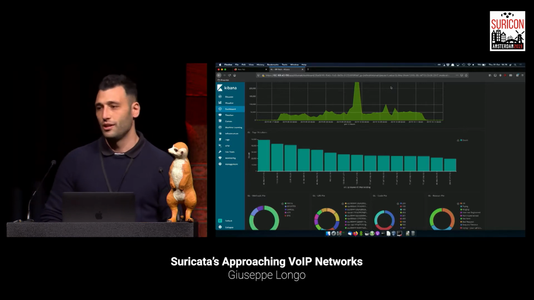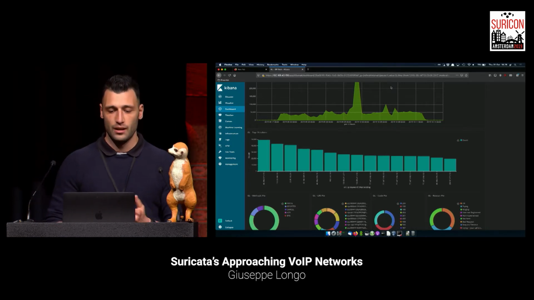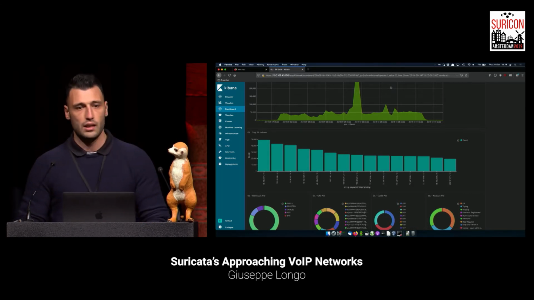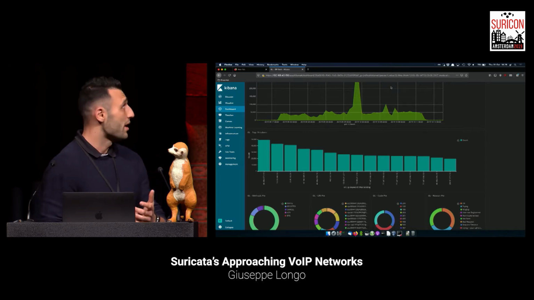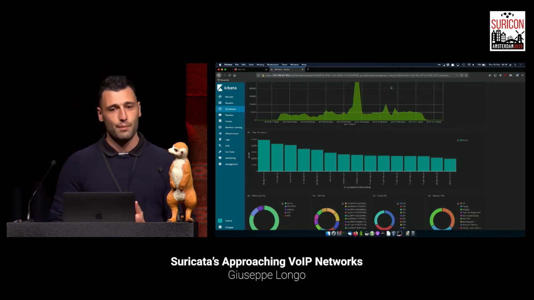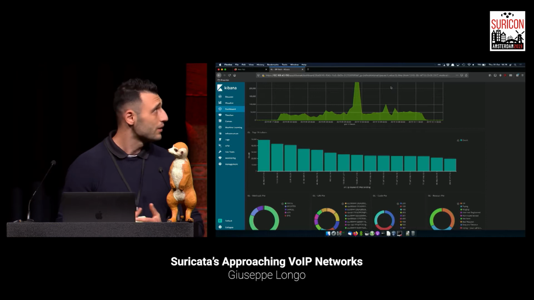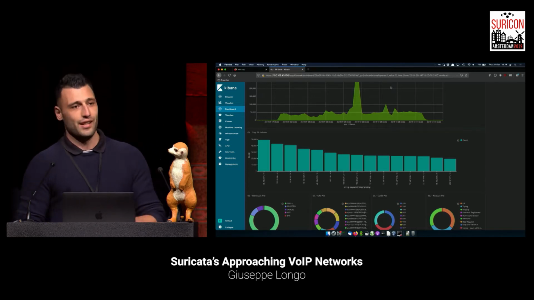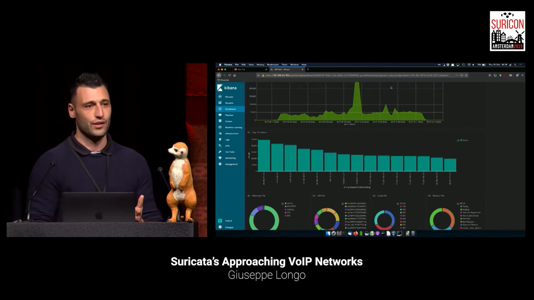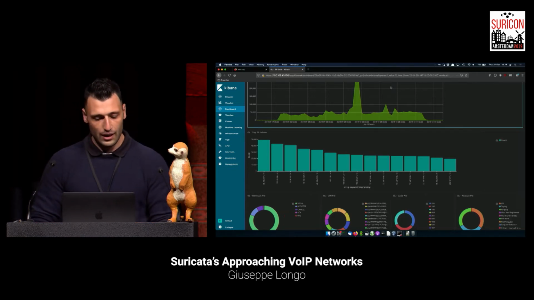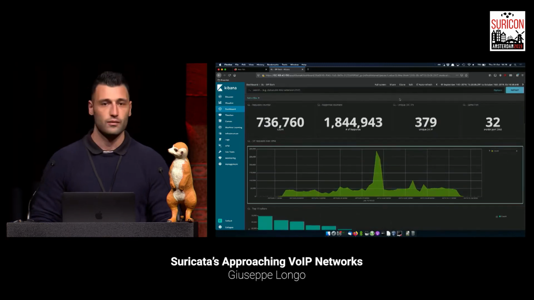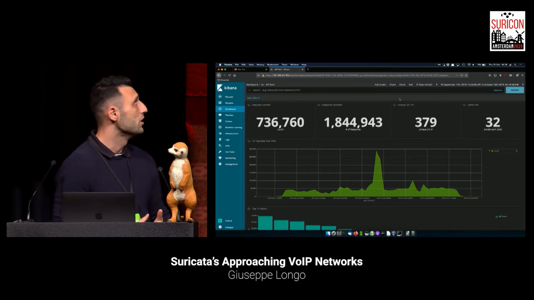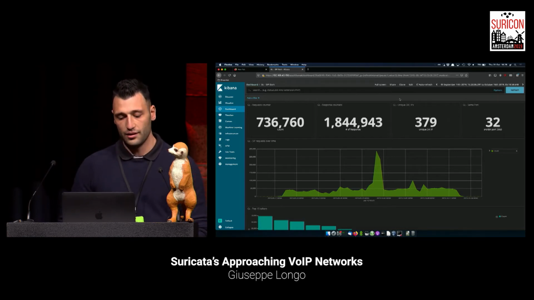Some months ago I was learning Rust and I was like, okay, what can I do? I would like to write something. And I decided to write this SIP parser. I'm not a big VoIP guy, but I did it. And then I wrote the parser, and I was like again, okay, I want to know if this really works. And what I did is to set up a honeypot and collect attacks for 50 days. And this is the result.